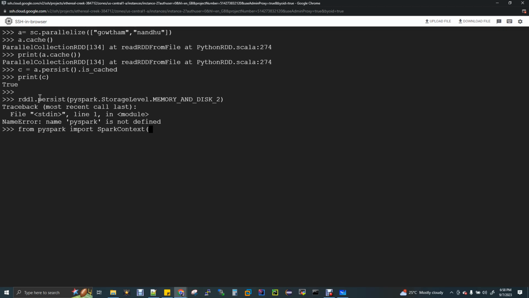Okay, it's about again using the context only. I would have used it directly. Okay, fine. That's fine. I would have used this SC directly itself, but that is fine. Okay. So now you can see I am using this RDD1.persist, and the storage level I'm using is memory